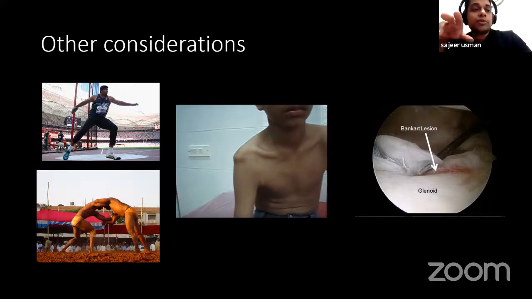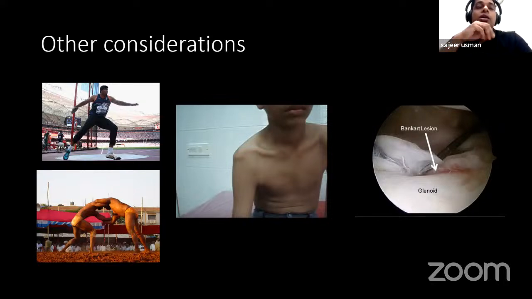Apart from this, there are other considerations that one should take into account while applying a soft tissue procedure or a bony procedure, which is the kind of athletic activity or the demand of the individual. A less than 20-year-old contact athlete or a throwing athlete is definitely something where you may need to think of something more than just a soft tissue procedure. Hyperlaxity is a component which we cannot assess or treat fully, like Mihir has told, but we need to take this hyperlaxity component into account